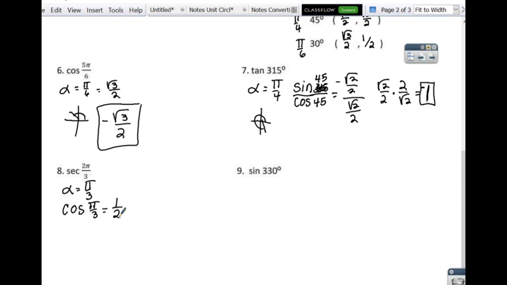So the next thing I want to do is 2 pi over 3. Where is 2 pi over 3? So if pi over 3 is 60, 2 times 60 is 120, which means it's in the second quadrant. What's negative in the second quadrant? So is this my x value? It is, so I have to make it negative. And I want the secant, so what do I have to do? Flip it. So it's a negative, and the 1/2 becomes